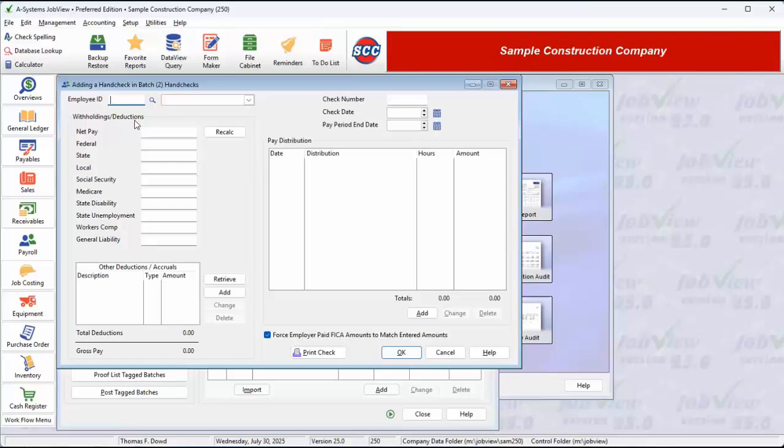This is a two-part process. First, we enter what we paid on the check, and second, we enter the timesheet entry information. We start by entering the employee number or name. Then we enter the check number. We enter the date of that check and the pay period ending date for the time that was worked. We enter the net pay,